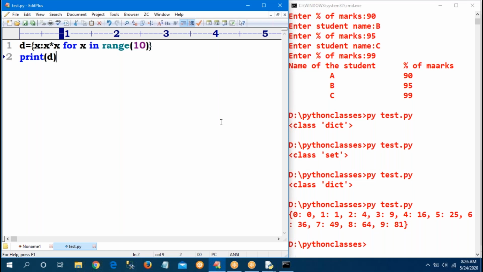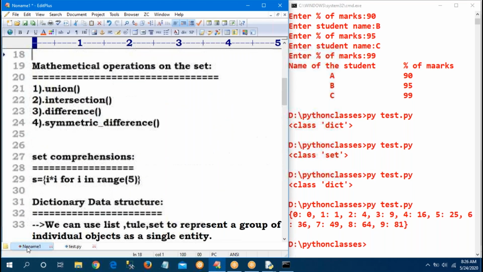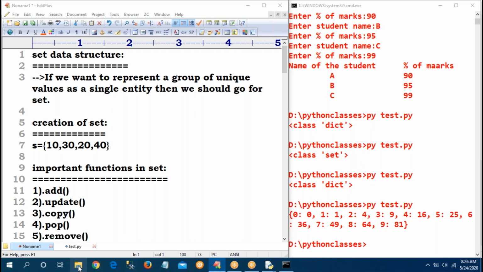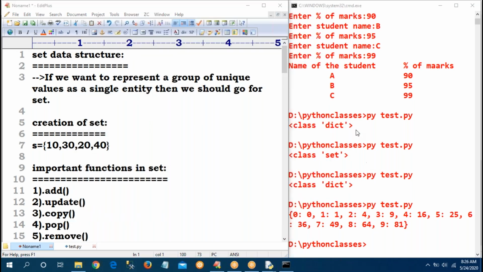If I give parentheses, it is not a tuple; it is a generator concept. Already we know about our generators. So these are the dictionary data types, set data type and the functions. All the data structures are finished, functions are finished, modules are completed, everything is finished in the core Python part.